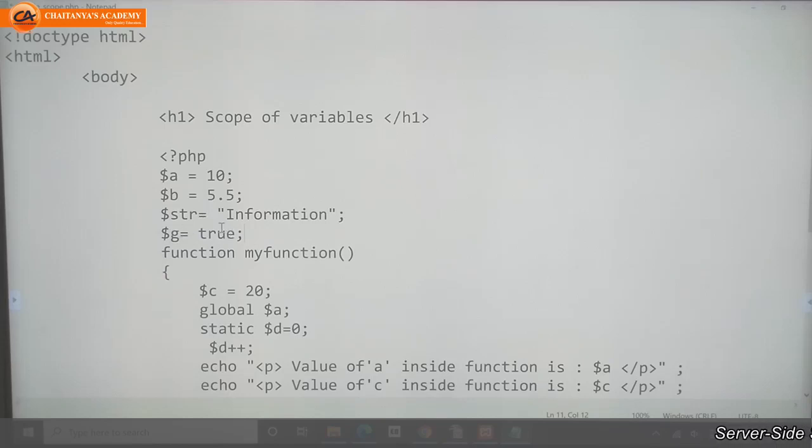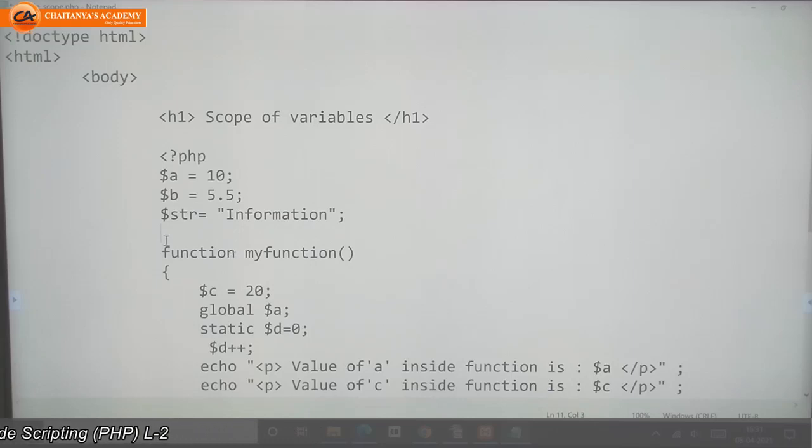The next data type is array. Array means a variable which can store multiple values. We will study it in detail later. The next data type is null.